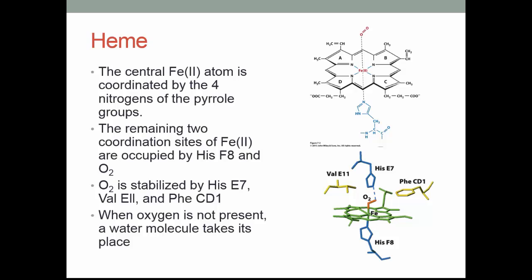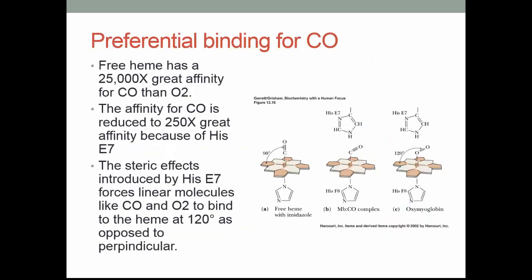In addition to oxygen, other molecules such as carbon monoxide and nitrous oxide can bind to the heme group. Free heme, or heme not associated with myoglobin, has 25,000 times higher affinity for carbon monoxide than for oxygen. When the heme is associated with myoglobin, this affinity for carbon monoxide is reduced, but it is still 250 times greater than its affinity